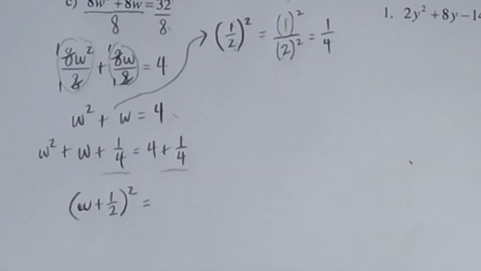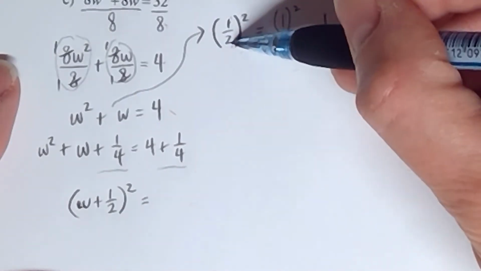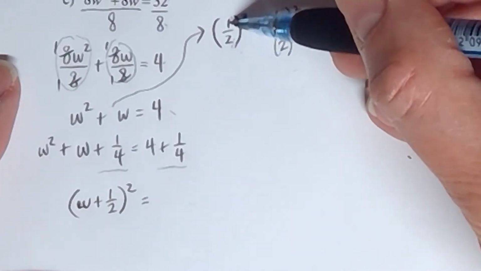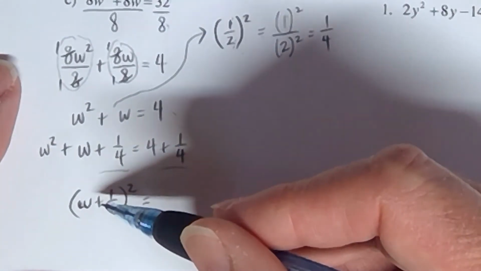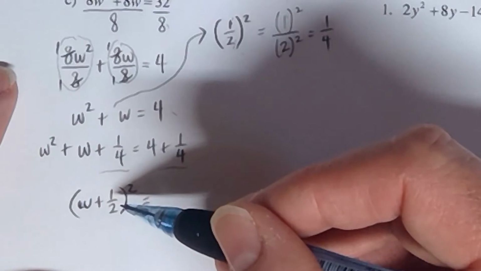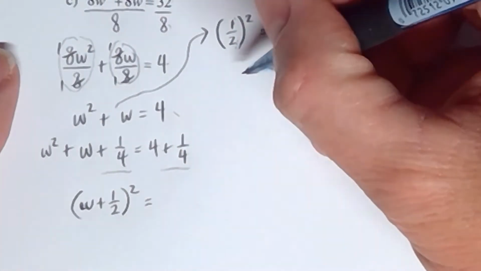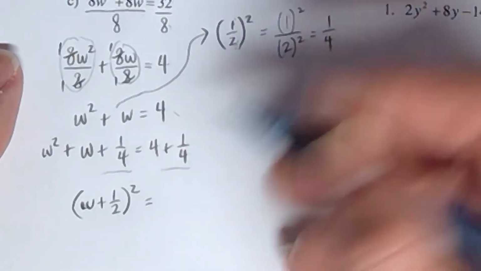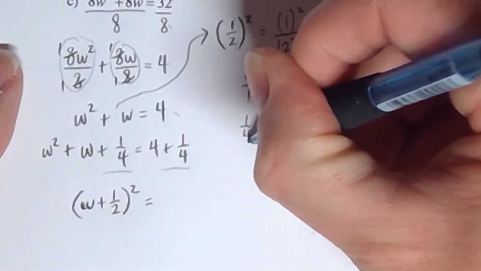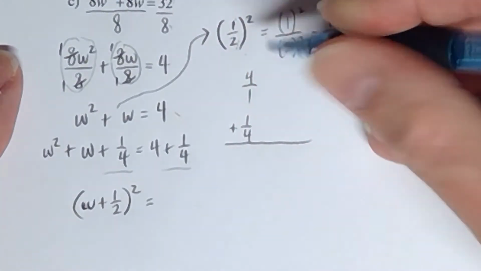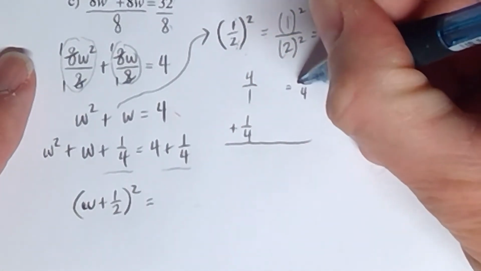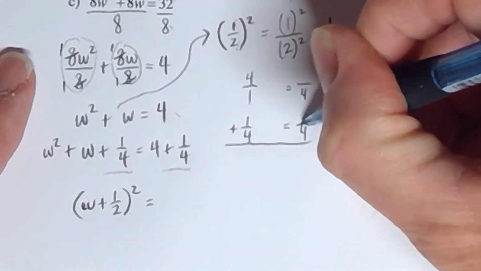So if this had been negative 1/3 inside of here that you squared instead of positive 1/2, then you would have had minus 1/3 right here instead of plus 1/2. Now, how do I do 4 plus 1/4? Again, if you have a regular number being added to a fraction, you put a 1 underneath that regular number right there, 4/1. You do your LCD since you're adding the fractions, and we get,